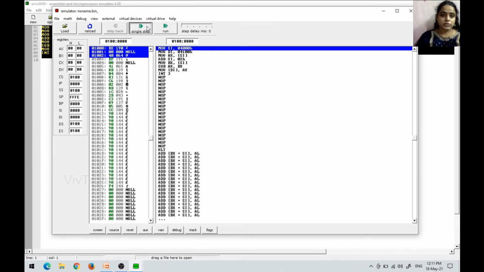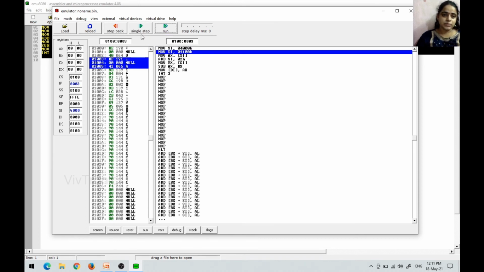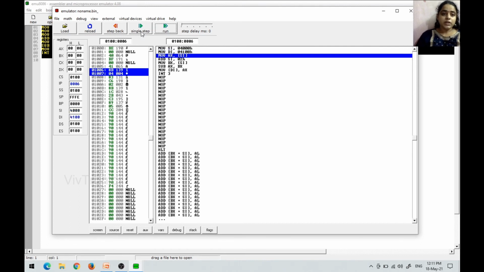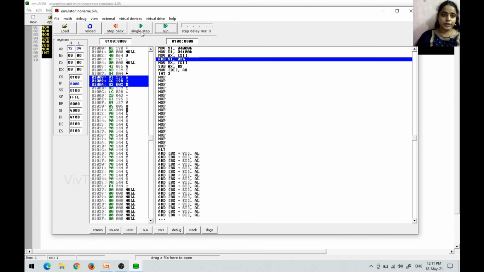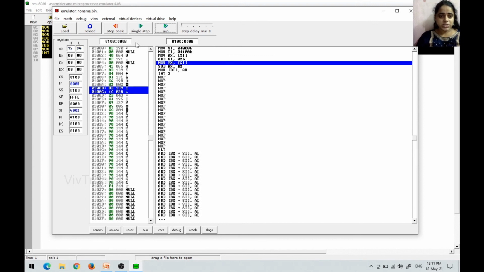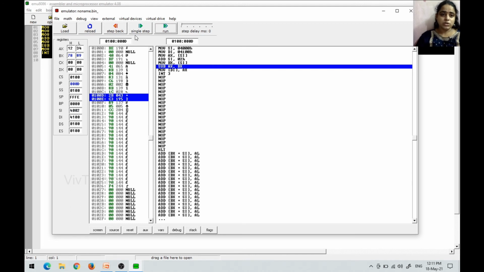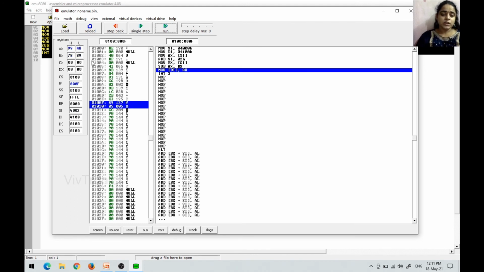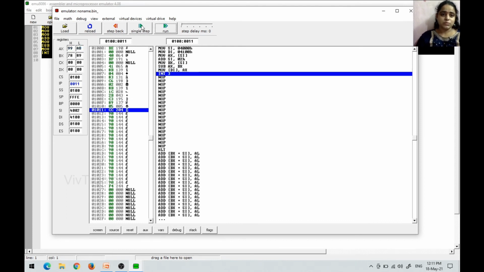So I am going into single step execution mode. You can see SI is incremented and pointed, and DI is pointed, and now the AX register is copied with 1234, and ADD SI, 02 means SI is incremented by 2, and now the BX register has 7889. So now SUB AX, BX. It subtracted AX and BX and stored the result in the AX register. MOV content of DI, AX means the content from the AX register, 99AB, is copied to our 4100 memory location.